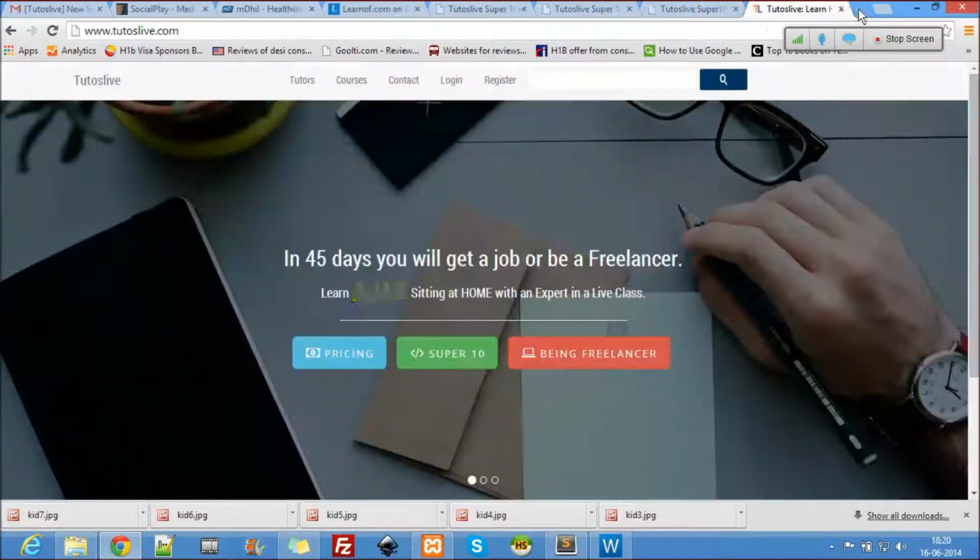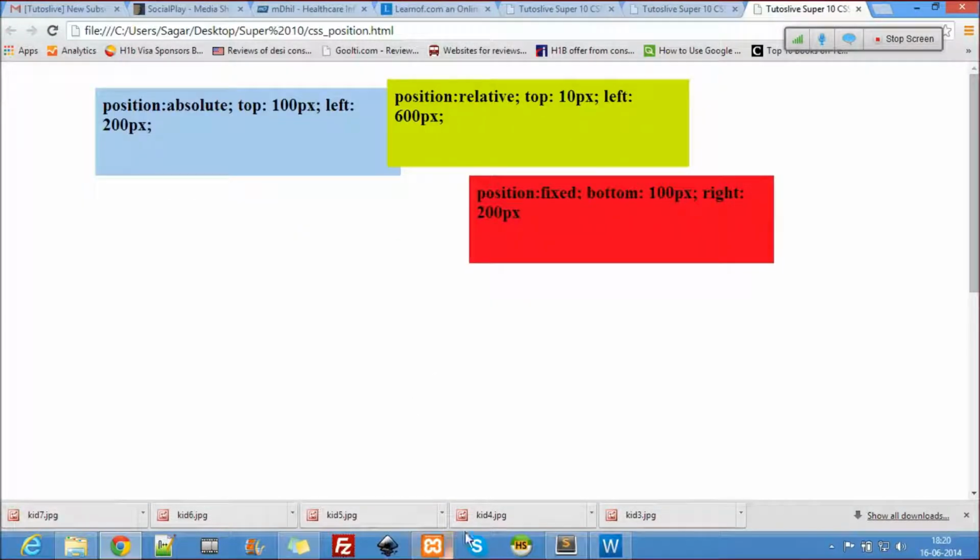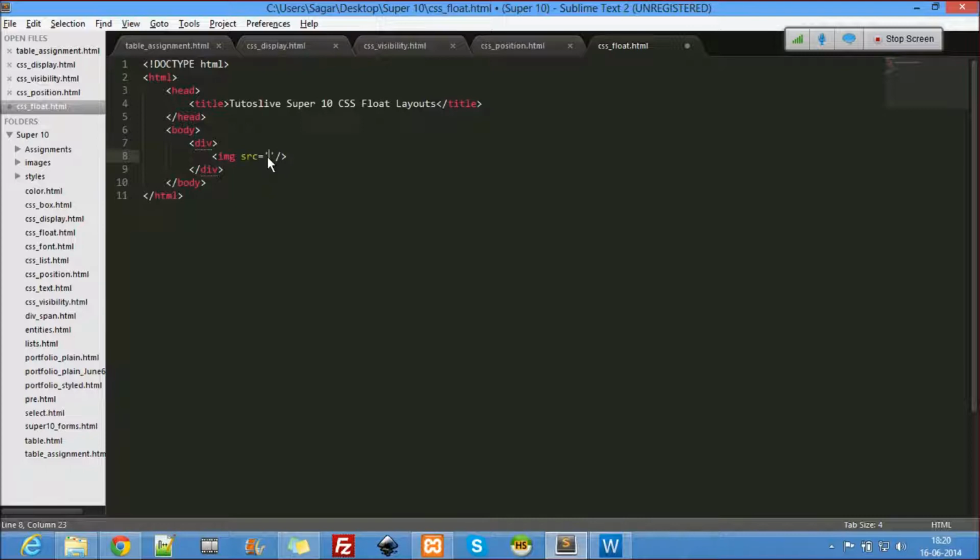Let's close this. Okay, so let's start. So src images kids kid1.jpg. This is the first image. Let me wrap everything inside a big div with class equal to wrapper.